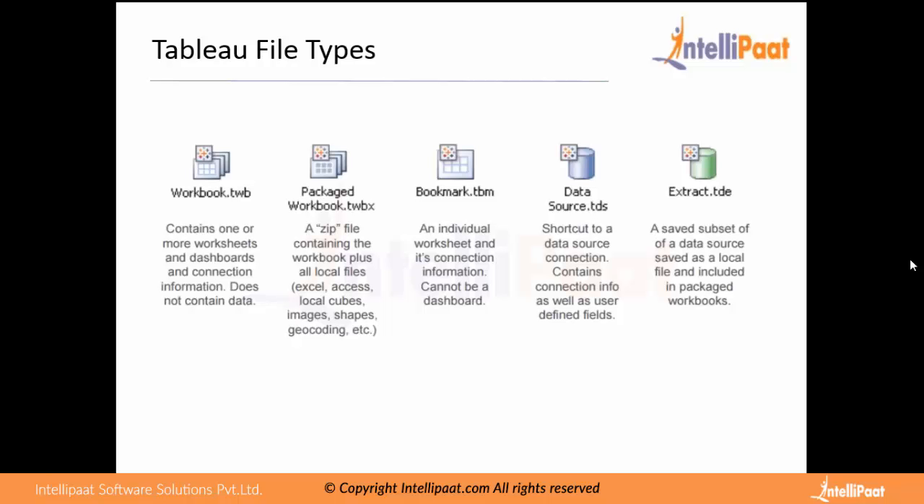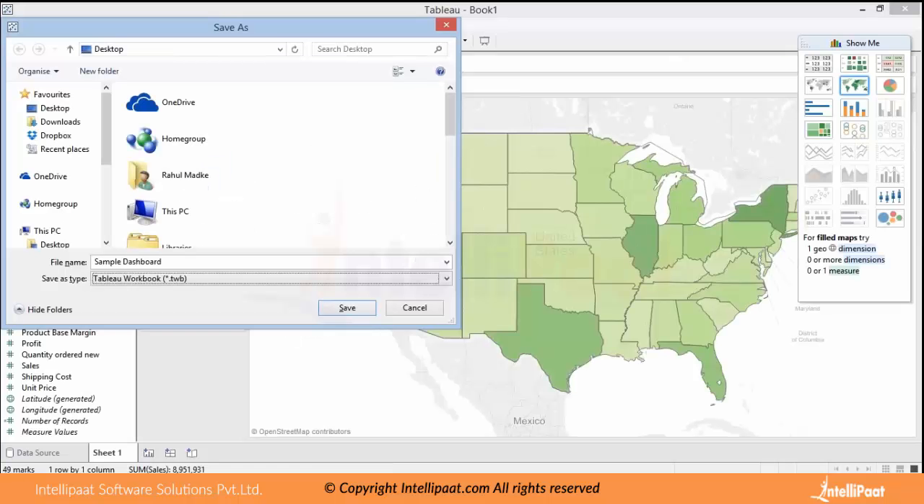The next is data source, which is the TDS file. So the TDS file is a shortcut to your data source connection. It contains your connection information as well as user defined fields. Now if we connect to one of the databases or one of the Excel files, and then we create some calculated fields, we create some parameters, sets, groups, hierarchy, and then we want to save this data source which we have created, and we want to access that again and again. If that is the scenario, we use this TDS file, Tableau data source file,